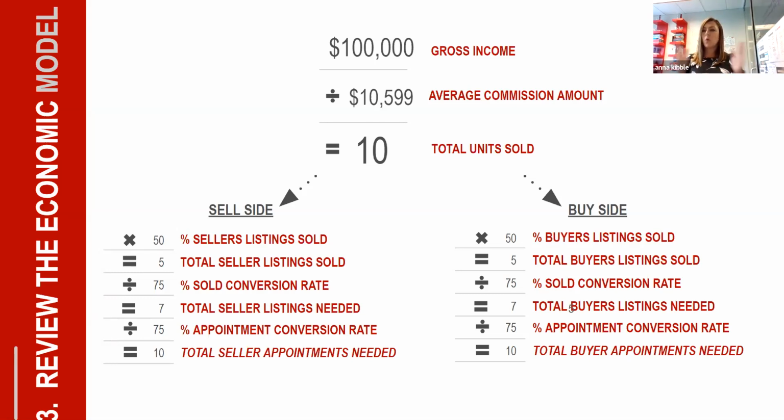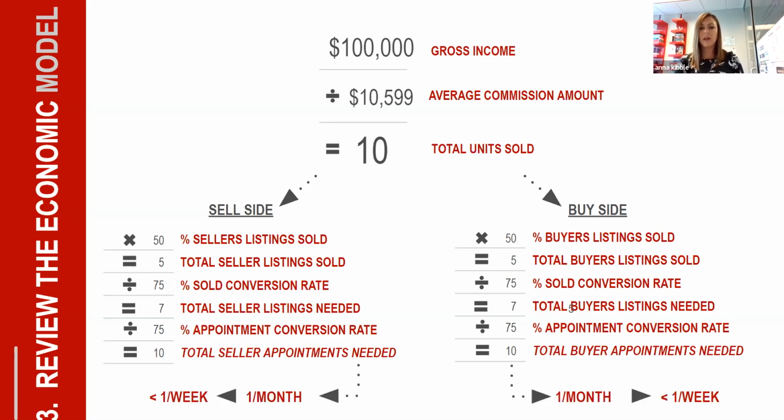So over the course of a 12-month period, you're really looking at going on 10 listing appointments, which naturally is going to garner you the opportunity to meet with probably between 5 and 7 buyers, right? Because they're going to need to sell and buy their home. So then you have a very small amount of buyer gap to fill in. That's the path to get there, which turns into meeting with about 1 buyer and 1 seller every single month, which is way less than 1 a week.